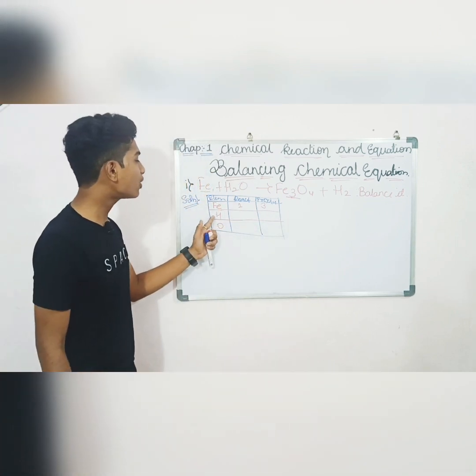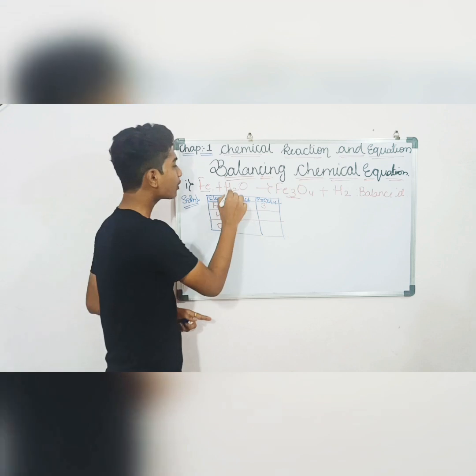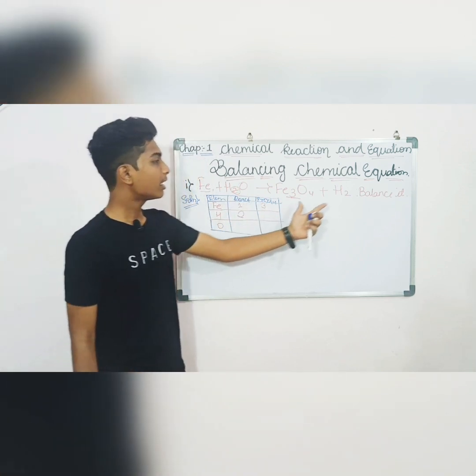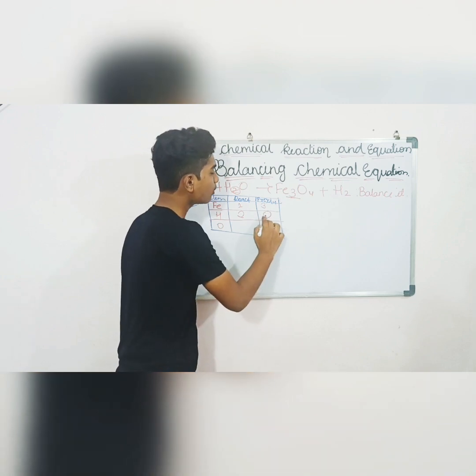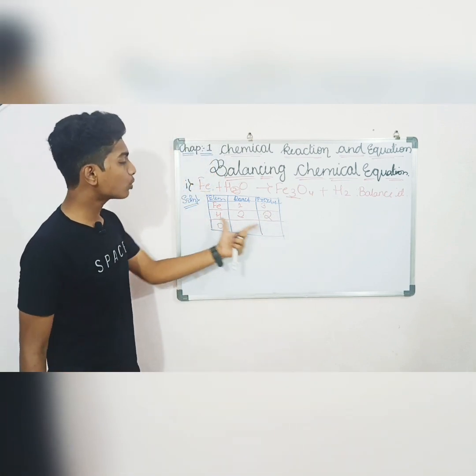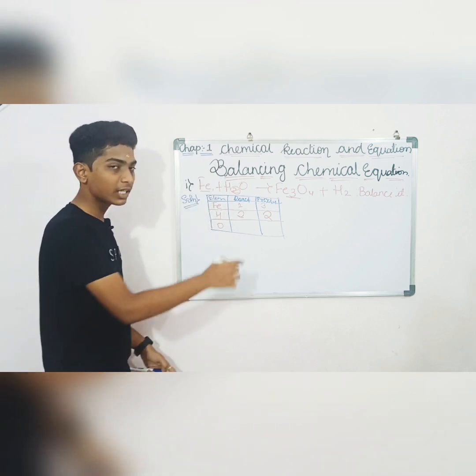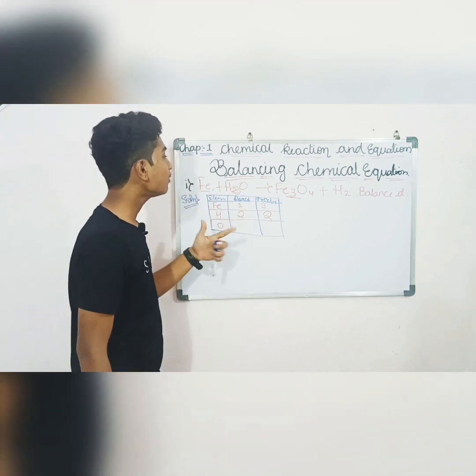Now go with the next step. Again examine hydrogen atoms on the reactant side. There are a total of 2 atoms of hydrogen on the reactant side. Now again see, here also 2 atoms of hydrogen, so write down 2. You may think that 2, it's balanced. Yes, it's balanced until you balance the whole equation. After that, we need to multiply it, which we'll see next.